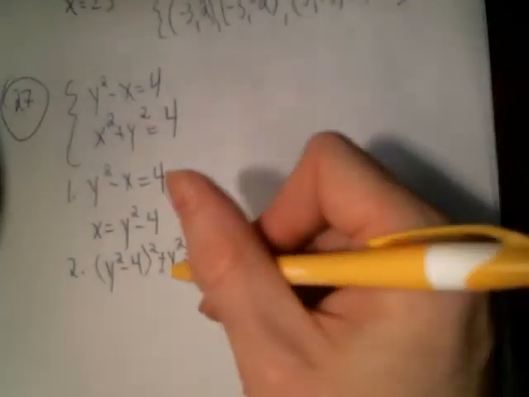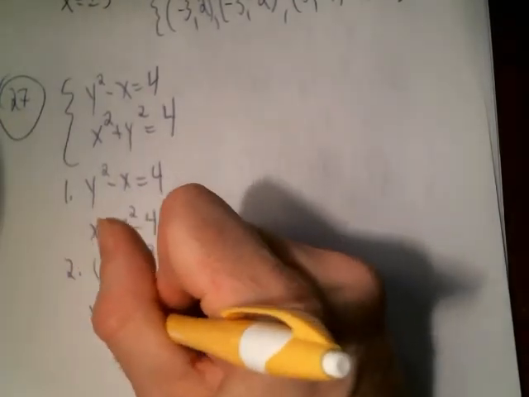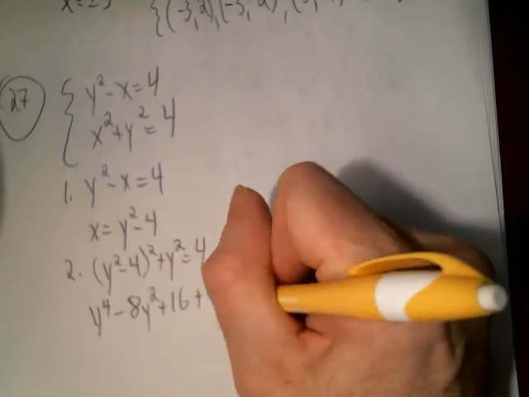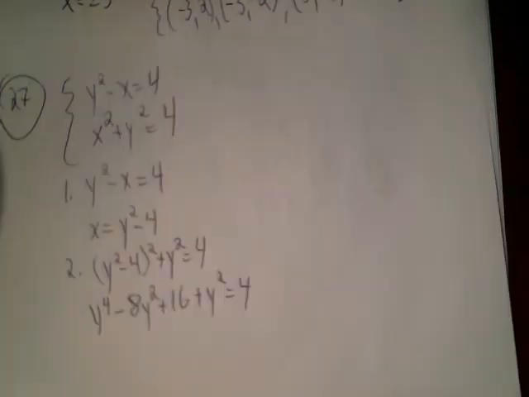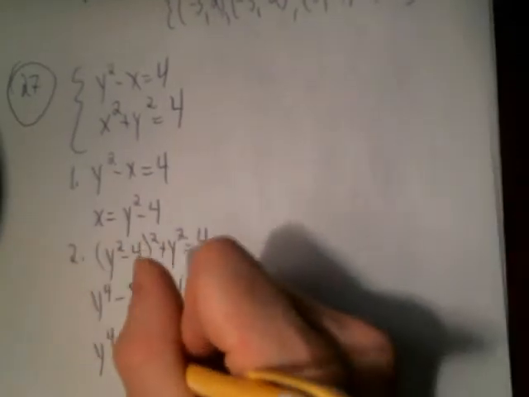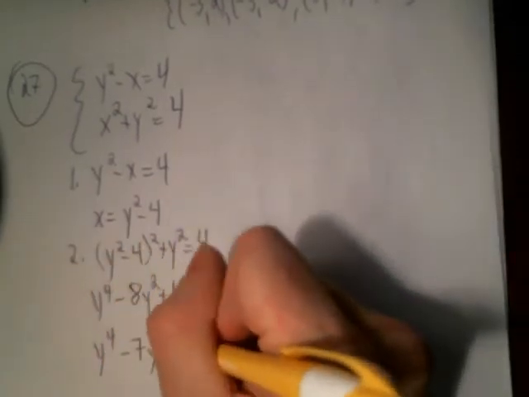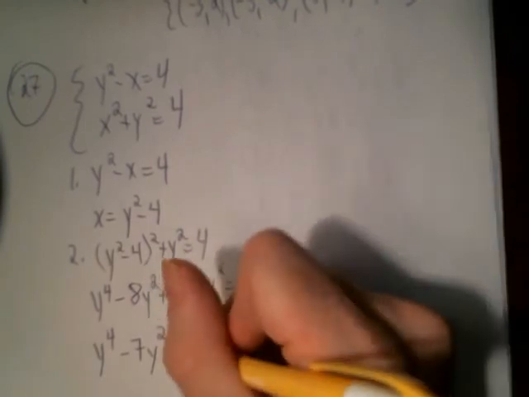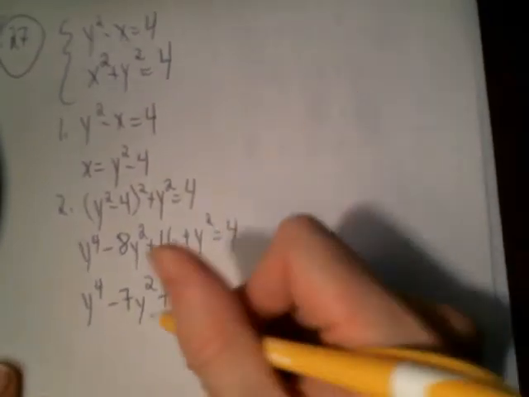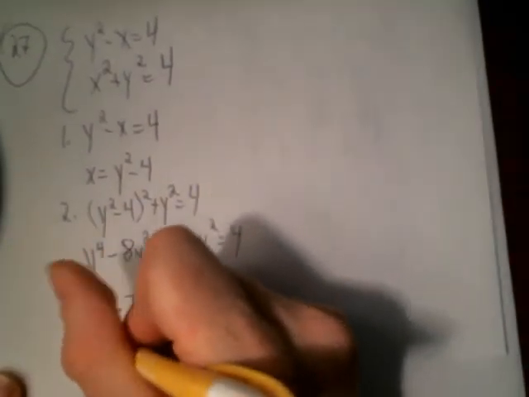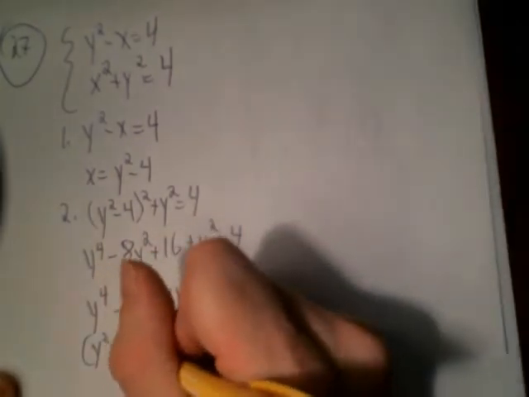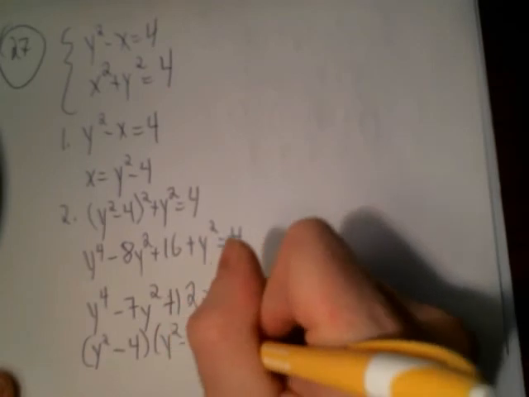And then solve that. So I have the FOIL here. Y to the 4th minus 8y squared plus 16 plus y squared is 4. Set it equal to 0. Get y to the 4th minus now 7y squared plus 12 is 0. And then that's easily factorable. I hope it is. Y squared minus 4 and y squared minus 3